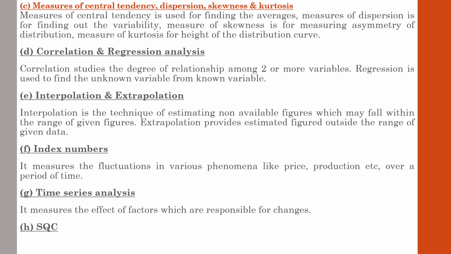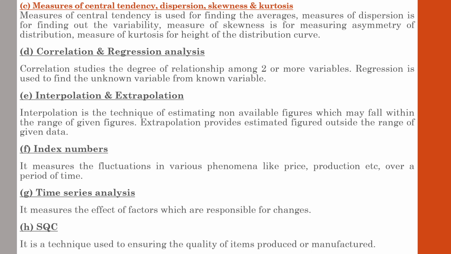And next one, statistical quantitative techniques. Statistical quality control technique is used for ensuring the quality of items produced and manufactured. The variation in quality because of assignable causes and chance causes can be known with the help of these techniques. One of the main issues faced by the management of a business is that the quality of the product shouldn't go below a certain level, because it will have an adverse effect on the operations and profitability of the concern.